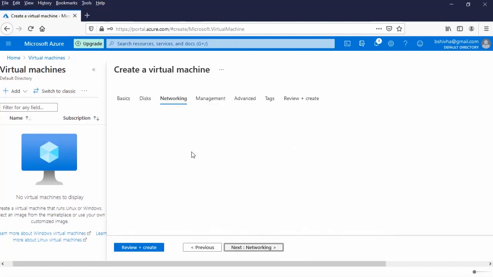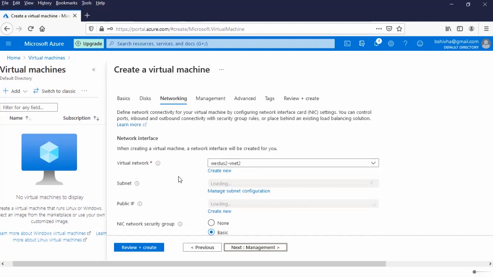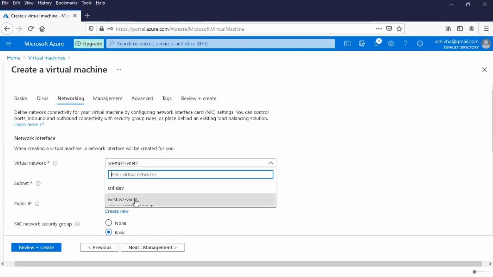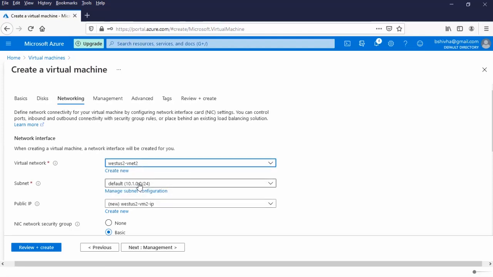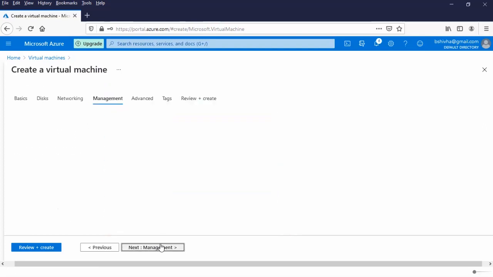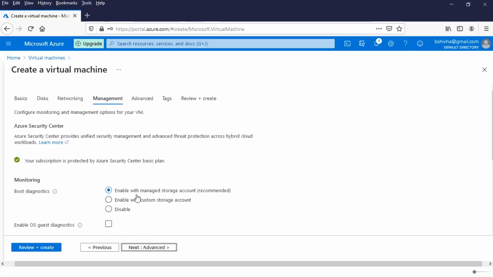So networking also, since we are going to create this virtual machine in West US 2, it automatically fetched the virtual network we have created. And in that virtual network, the default first subnet, which we created, also got picked up automatically. So I'm just going with management. We need to enable, as I said, the boot diagnostics.